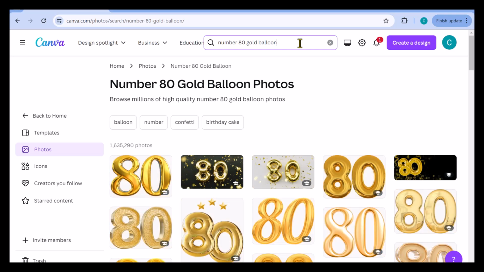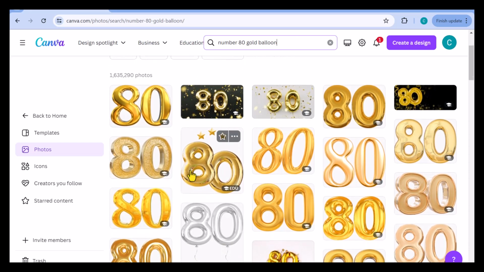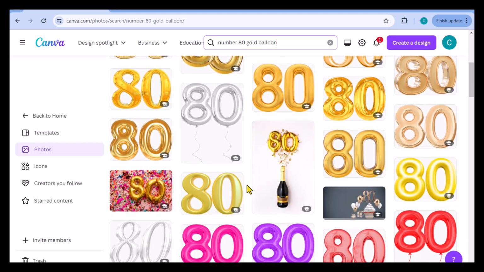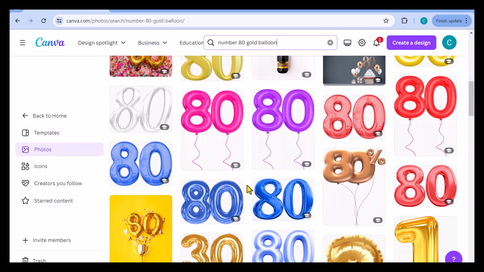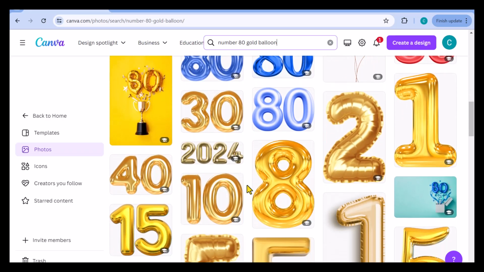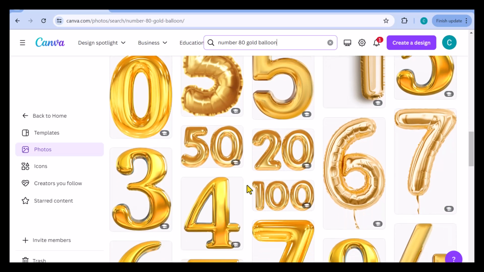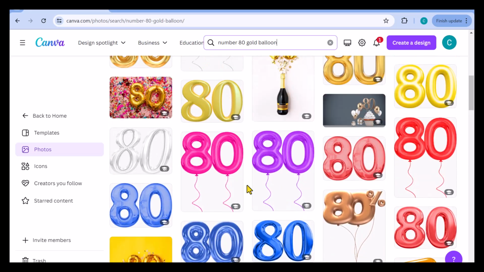We're presented with a number of options and we can scroll to see the different options that are available to us. If you have identified one, for example this one, that you are interested in, you may go ahead and add it to the folder. If you're not sure how to do that, you can always refer to the previous video.